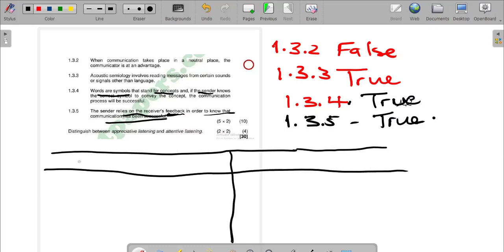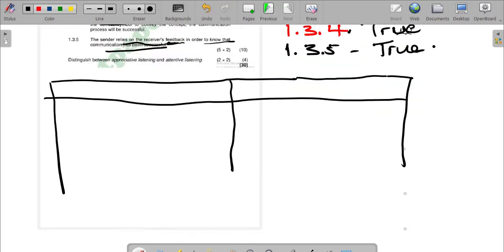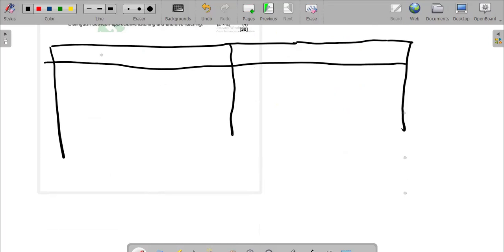Or you can tabulate, right? So we want to distinguish the difference between appreciative and attentive listening,